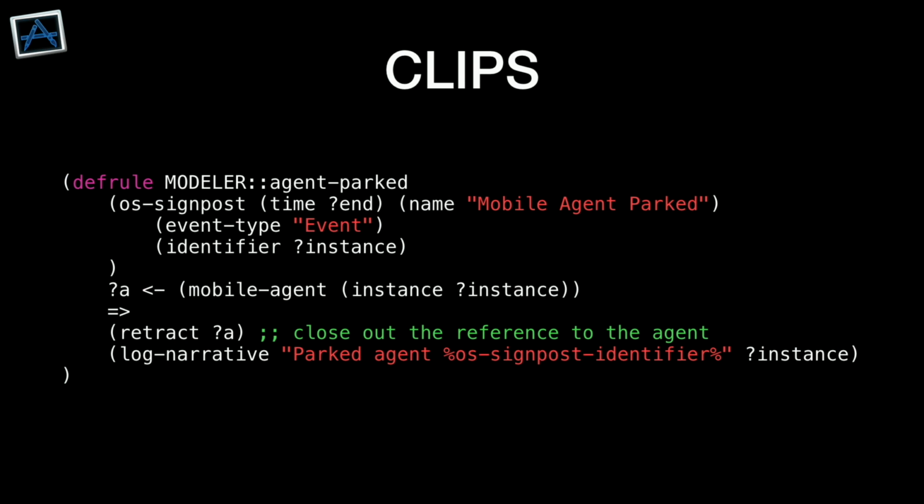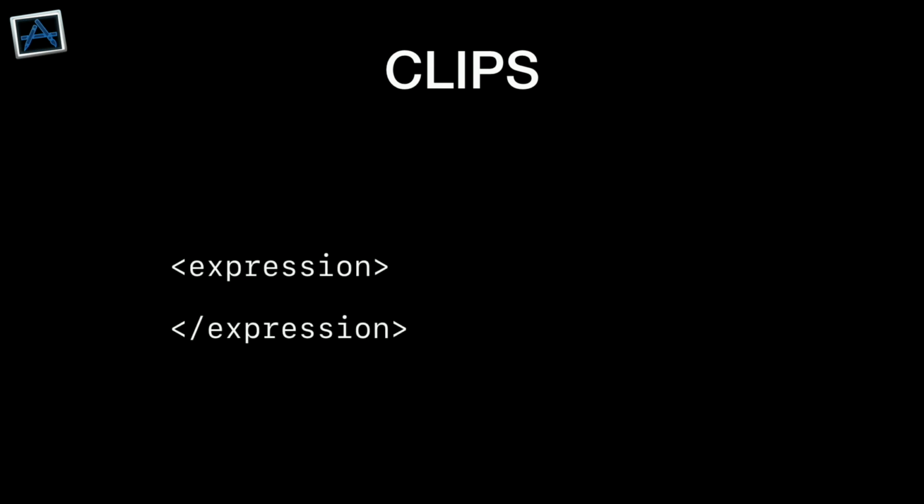You don't have to write a full modeler or recorder to use CLIPS in an instrument. You can still use the XML file and then use parts of CLIPS to just inline in the XML file. An example of that: when you create a schema, you set an expression which matches the variable, like the question mark variables from the pattern I was showing, and you can add a full CLIPS expression in there so that it translates the value, which is particularly useful for Apple's APIs because they don't always use the engineering types. I guess they have legacy logging or something,